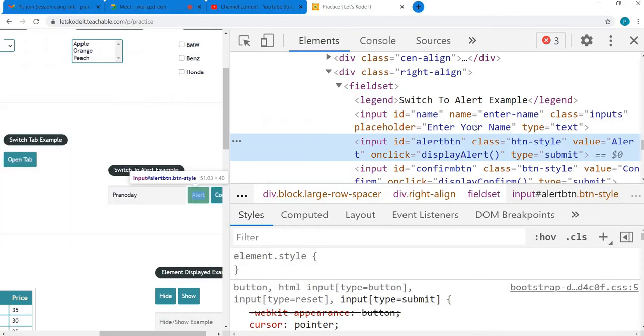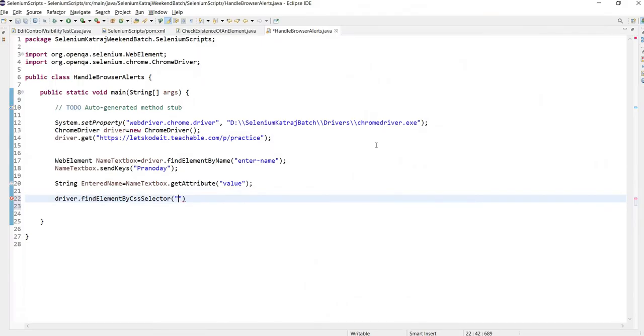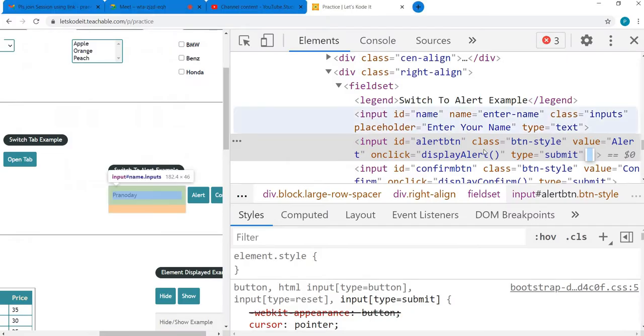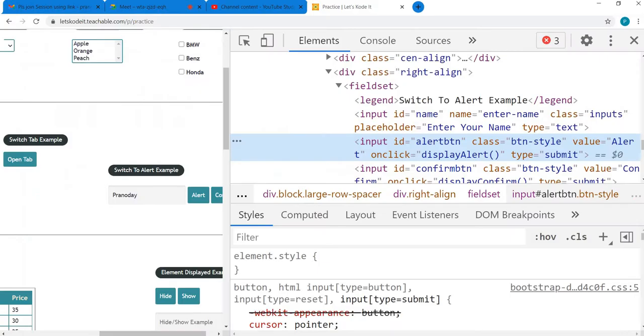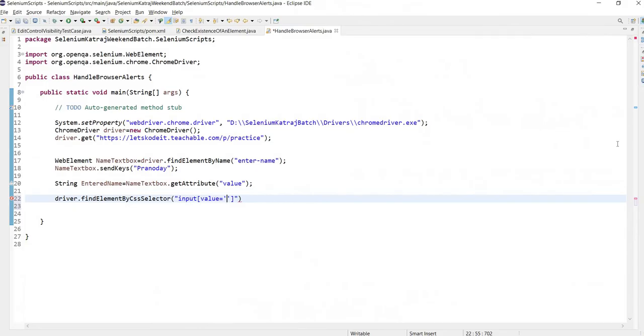So CSS selector is a query language. How to write a query? The syntax is very simple. Tag name, and into the square brackets, which attribute you want to make use of? The value attribute, equal to, into the single quotes, the value of that alert, right?